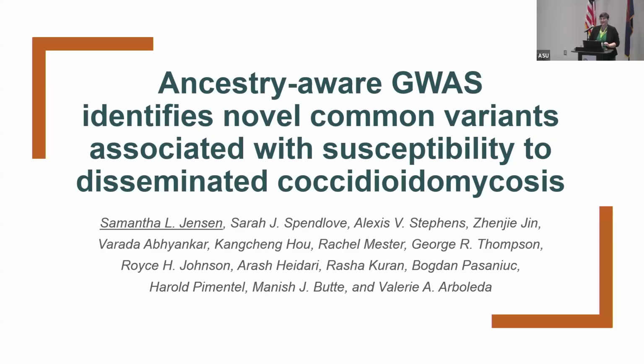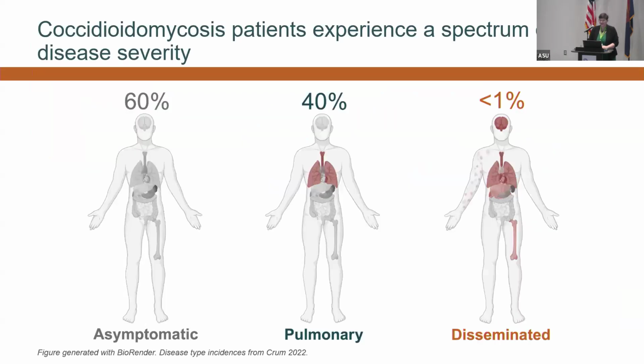All right. Thank you so much for this opportunity. I'm really excited to share some of our results that we are finally able to have into common variants that may contribute to risk for disseminated coccidioidomycosis. As you're all well aware, there is a broad spectrum of severity in symptoms between different patients. I'm going to focus today on the differences between patients who have pulmonary-only disease and the very small number of patients that have disseminated disease.